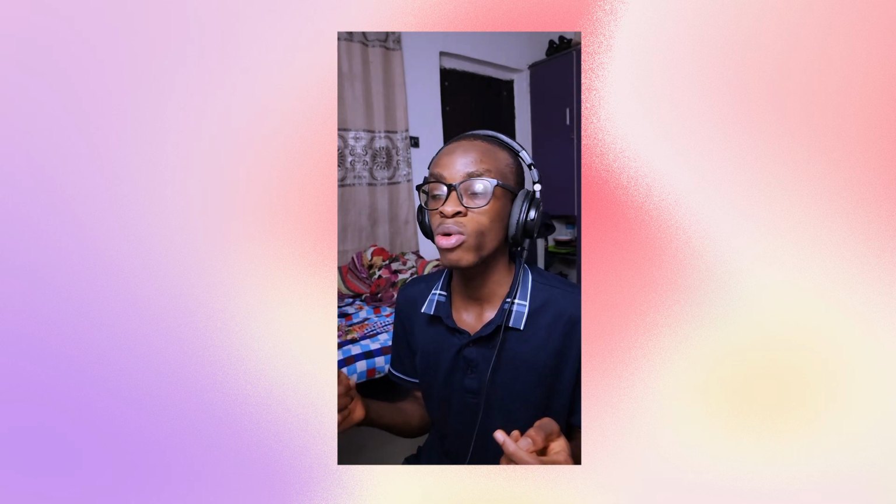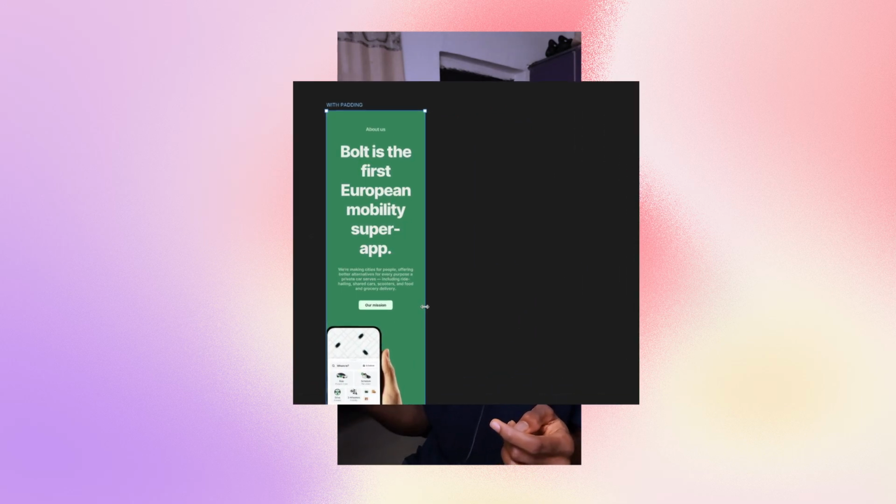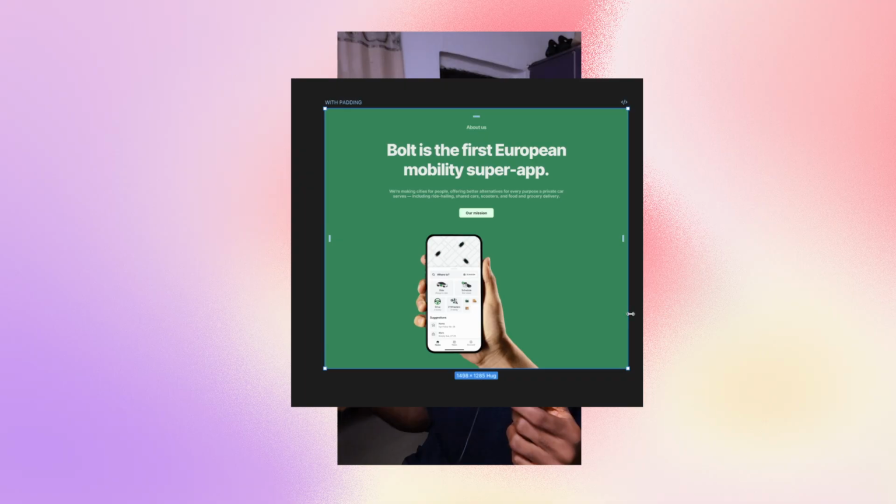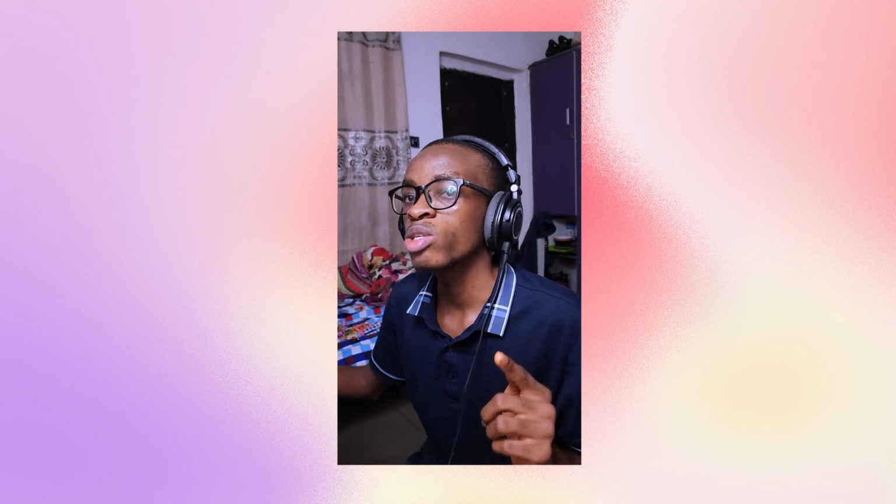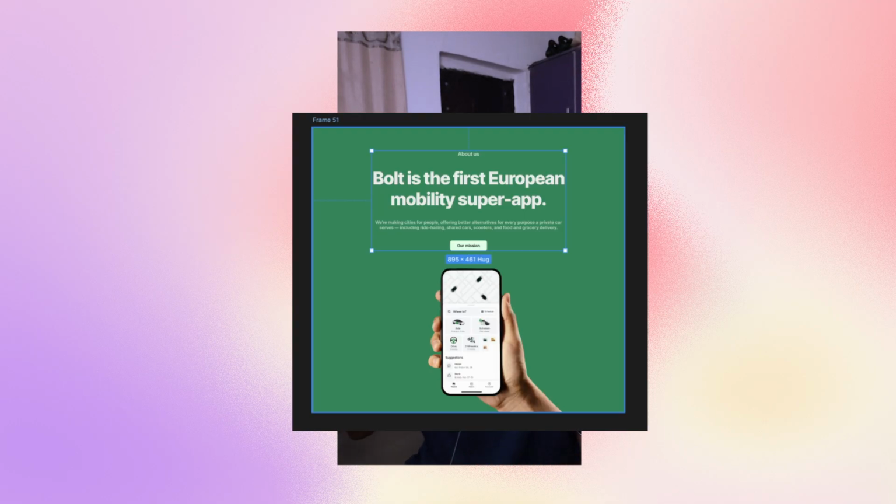If you're struggling with responsive design, I'm going to be making this website section card responsive. Watch me as I take you through the process of how I will make this responsive in Figma. So the first rule when you're working with responsive design is that the container that's housing the whole element,